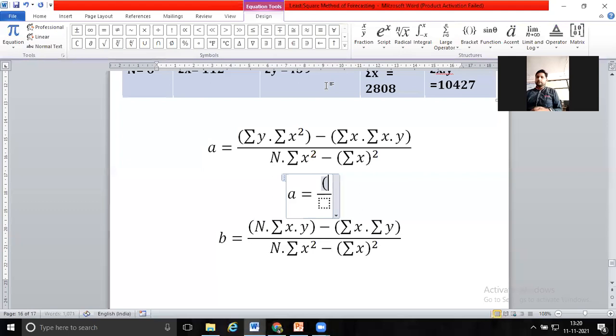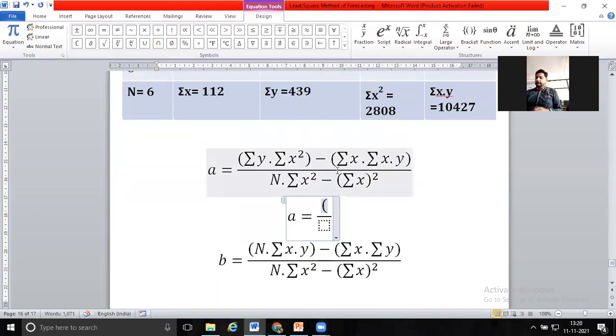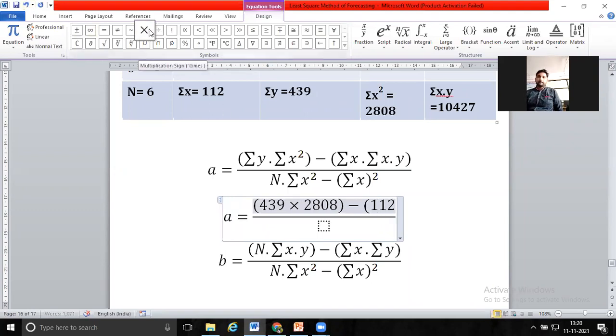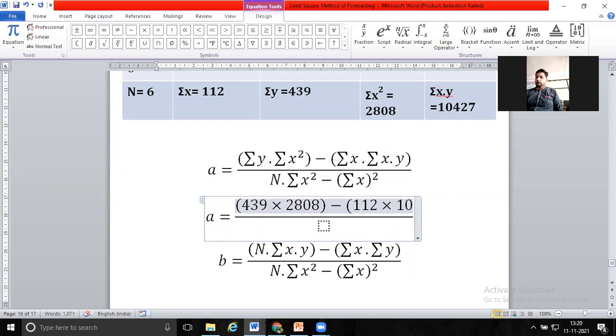Inside bracket summation of y, how much? 439. Okay, multiply by summation of x square is 2808. Okay, bracket complete, minus summation of x 112 multiply by summation of xy is 10427. Okay, bracket complete. Then in the denominator side,